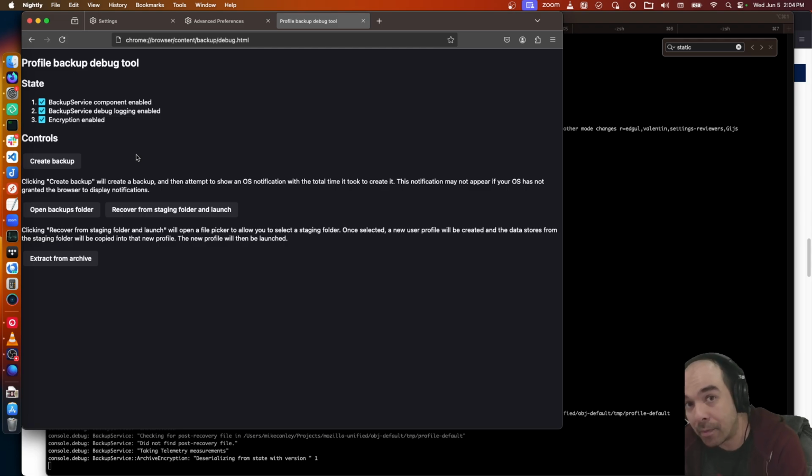It's usually in memory. It's only written to disk on shutdown or periodically, as a snapshot that might be several minutes old, in the event that you crash. But your most recent session, all your tabs and windows, is not on disk at all times. So copying the folder at runtime doesn't work.